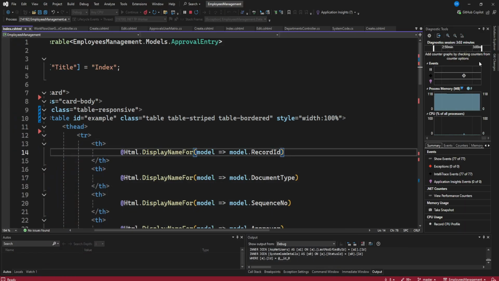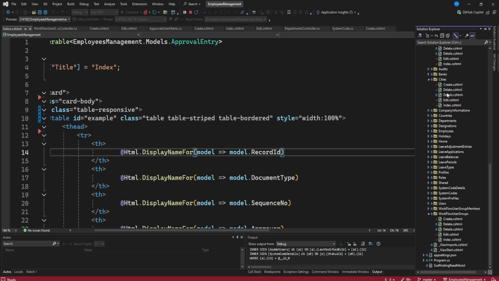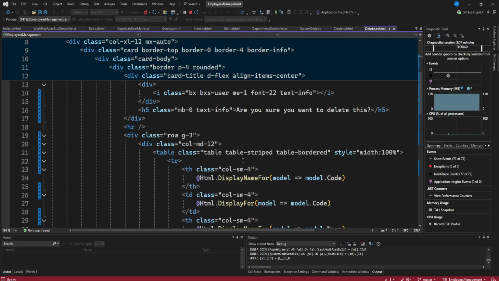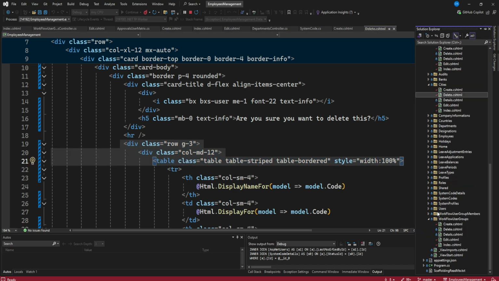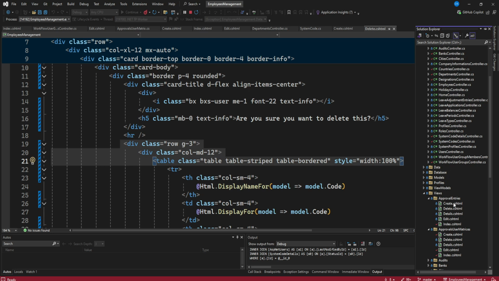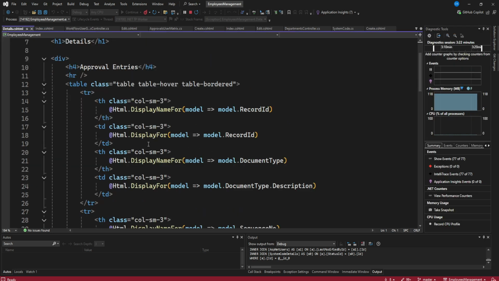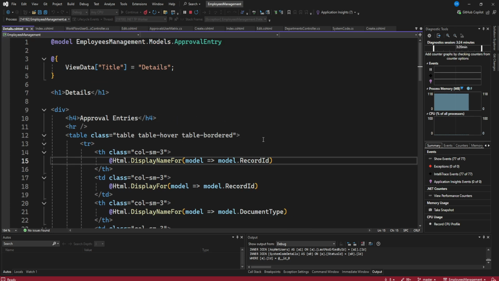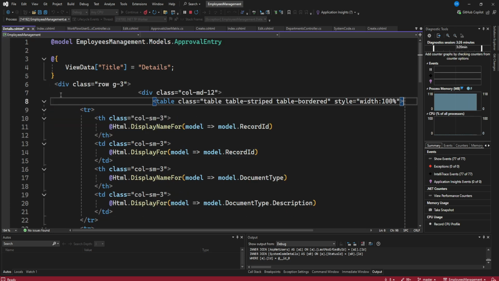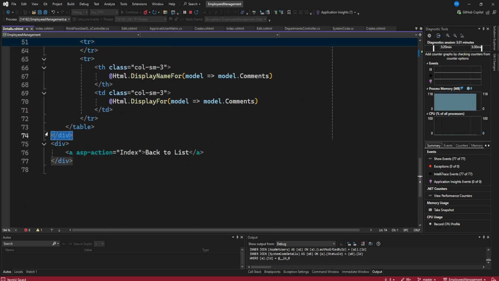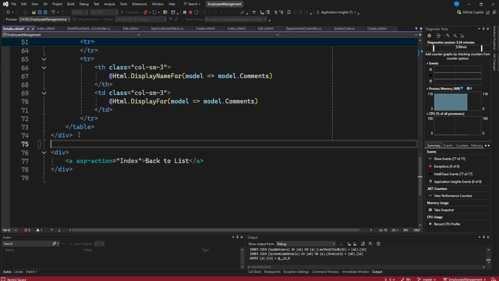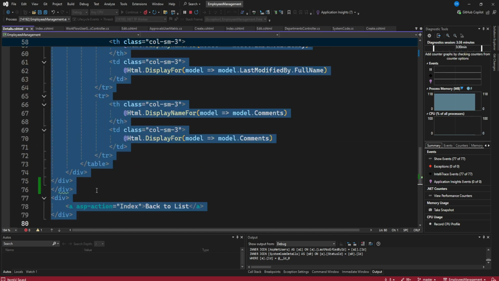So let's just do that. So we can borrow from what we've been having under the other modules. And that is the table. So I want us to borrow this table. So let's just go to our table for the approval entries. So if we go to details page, this is how it looks. So I'm going to copy this here and update that way. Then I'll also update this one. Do that. Let's close